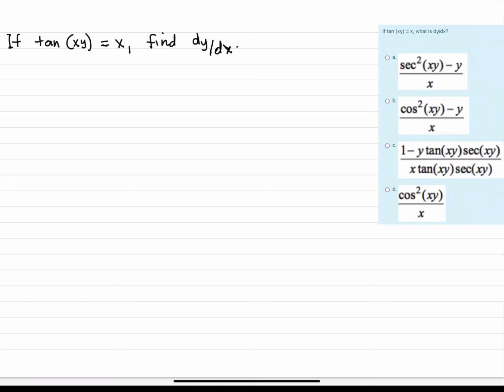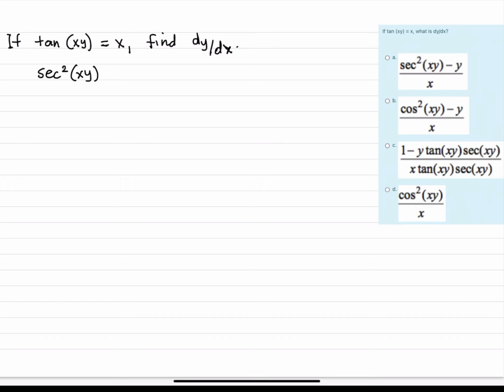The left side of the equation is tangent xy. And from our rules on trigonometry, from our formulas for the derivatives of trigonometric functions, derivative of tangent is secant squared. So, derivative of tangent xy is secant squared xy,